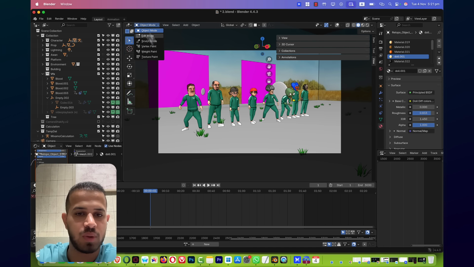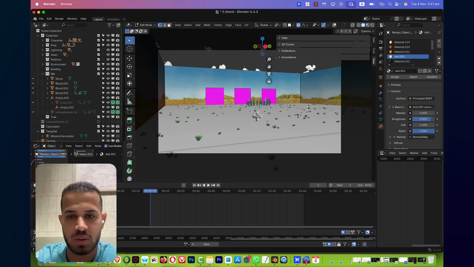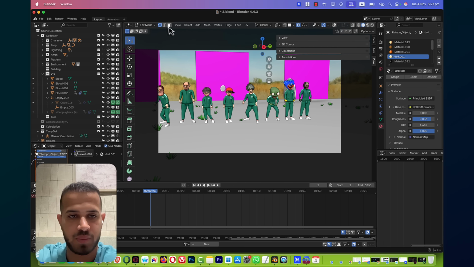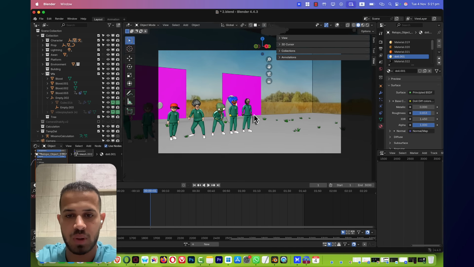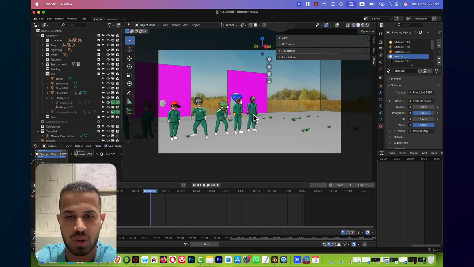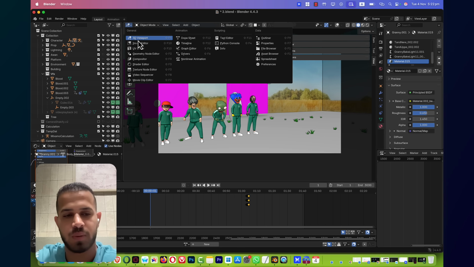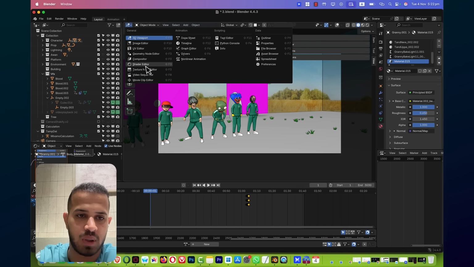So let's switch to edit mode. There is the object mode. I think we are going to shoot the character with Virani, the 3D keyboard showing the final result of the animation. So maybe we can go to the